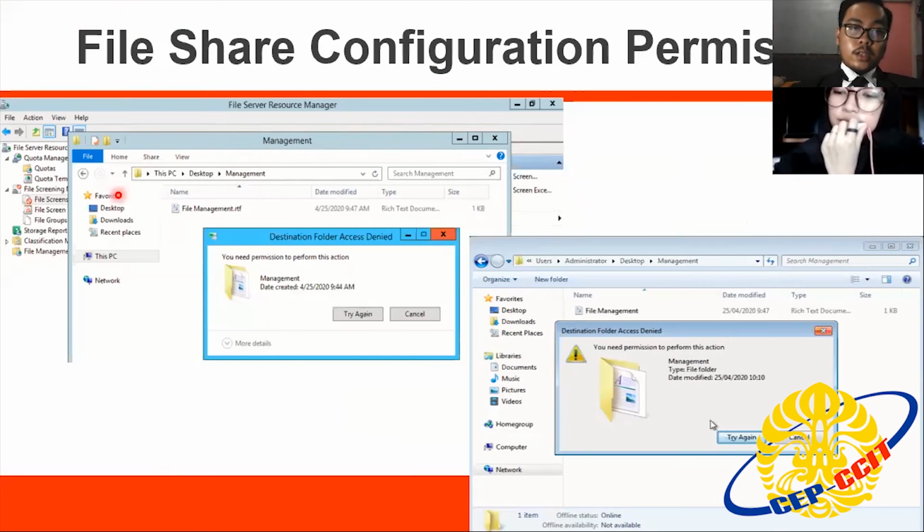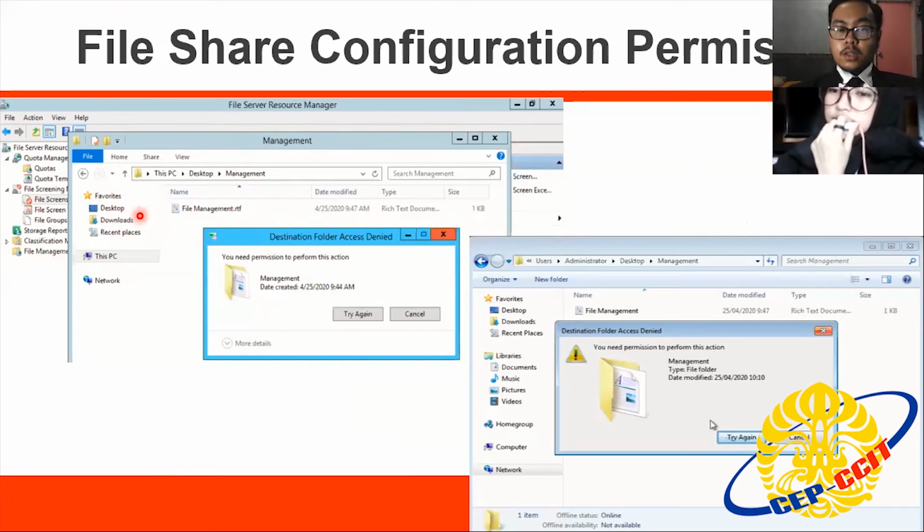File share is making a file that will be given to a client or user group with the same or different contents. With the same or different content, a file share can be inserted for one user. One user cannot open files that are not his right.